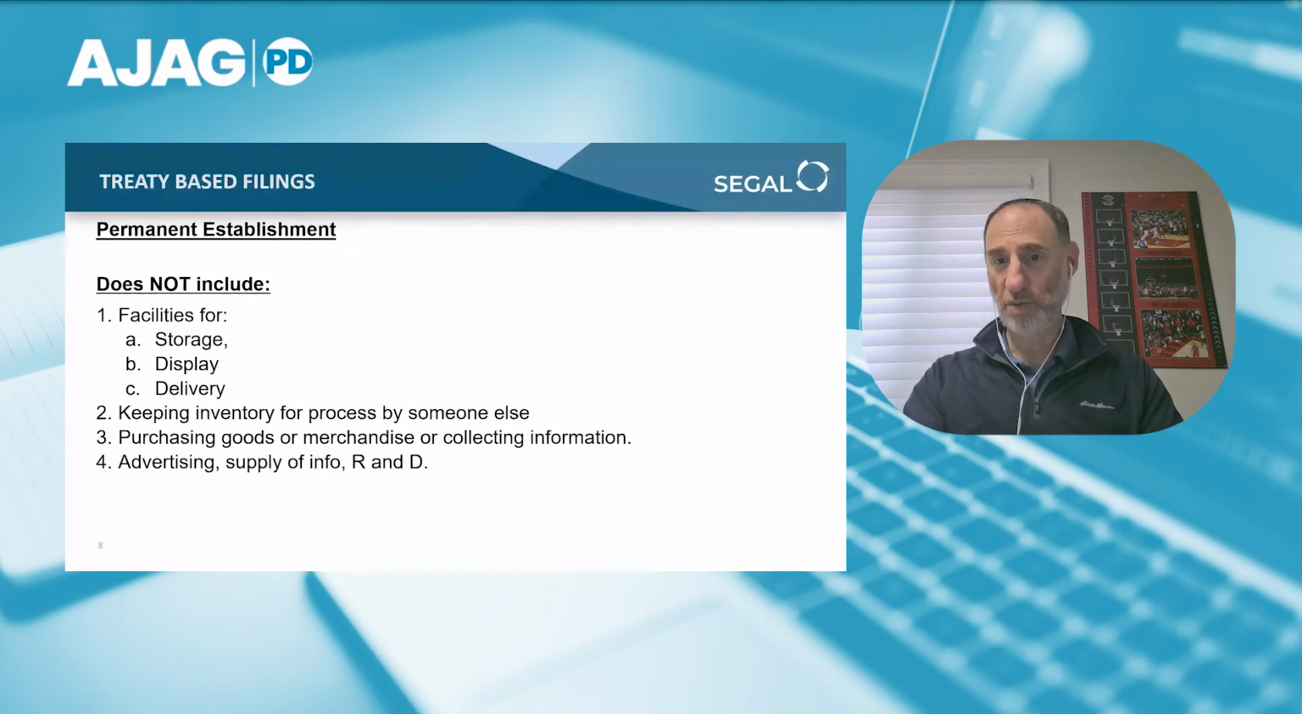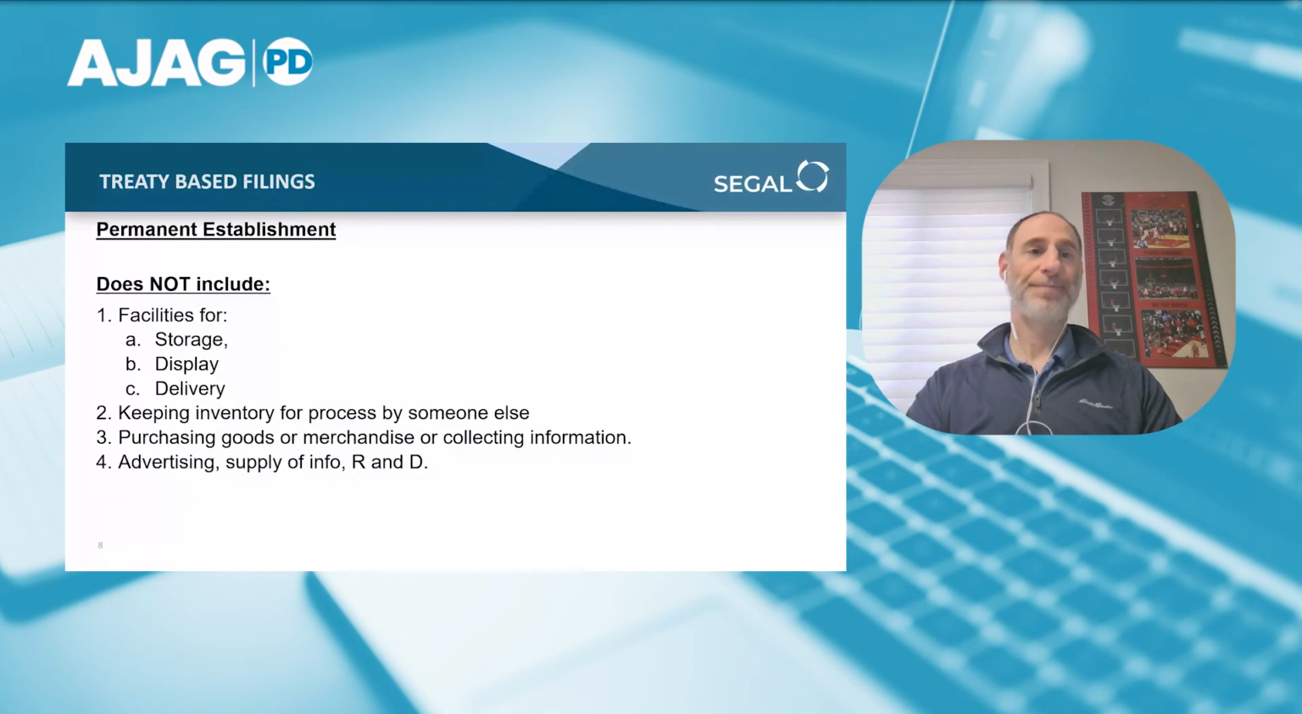So what is not included in a permanent establishment? Well, it doesn't include facilities for storage, display, or delivery, keeping inventory for processing by someone else, just the act of purchasing goods or merchandise, as well as advertising, supply of info, and R&D. So how's that relevant? It's entirely possible for a U.S. company to buy a warehouse in Canada and not have a permanent establishment if the only point of that warehouse